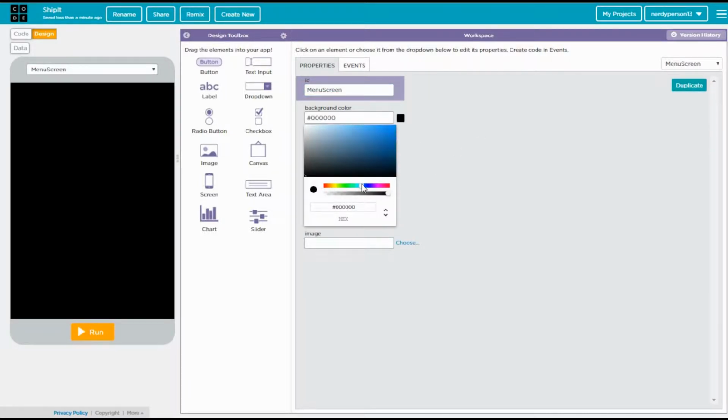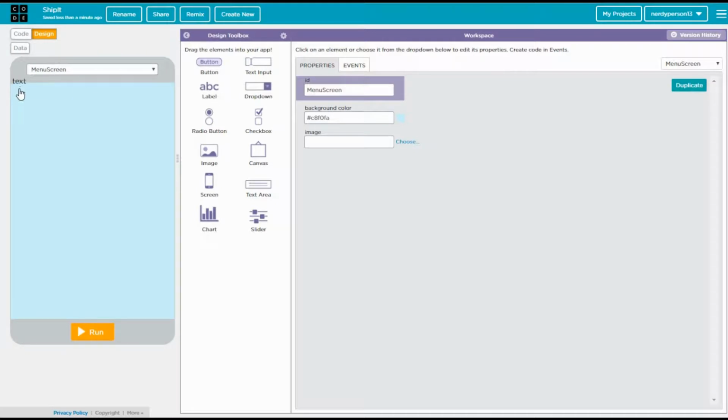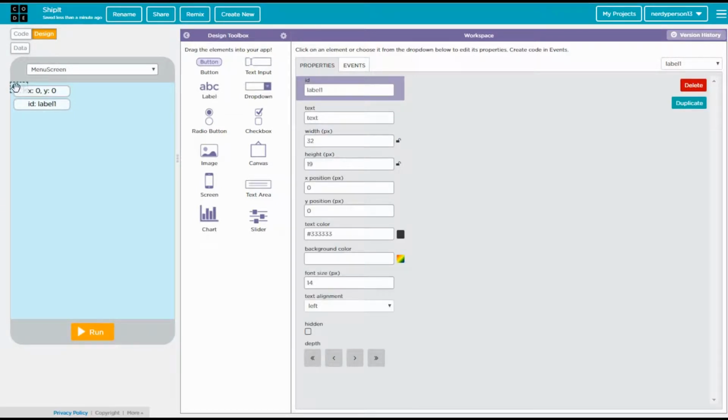So let's go ahead and pick a color. I want it to be somewhere around a greenish color, make it a little lighter. And we're gonna go ahead and put here. What we're going to do here is put the version name. So it's going to be version 1.0.0 and put status